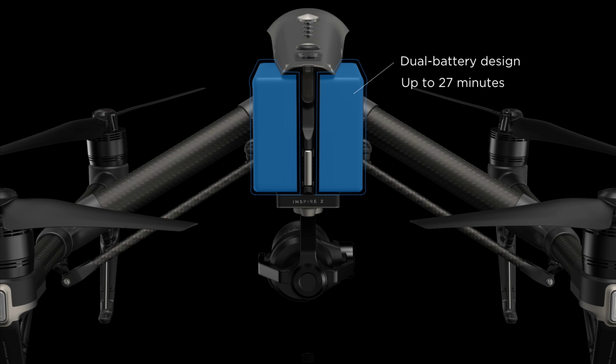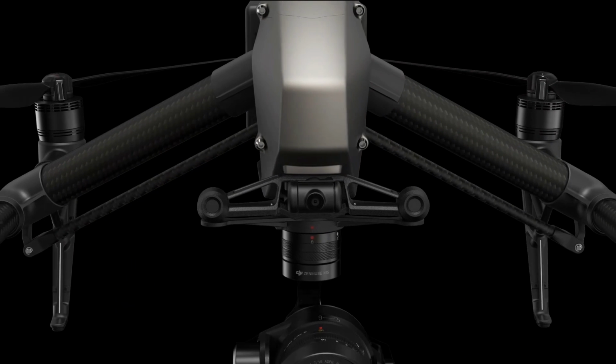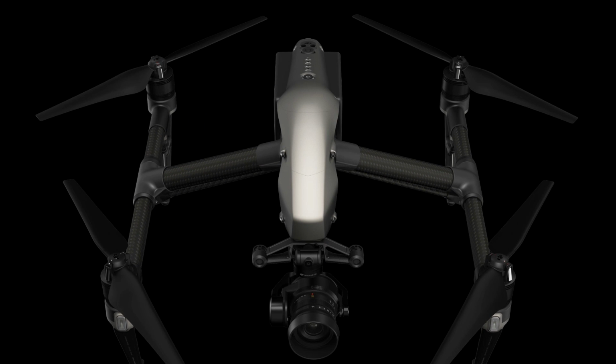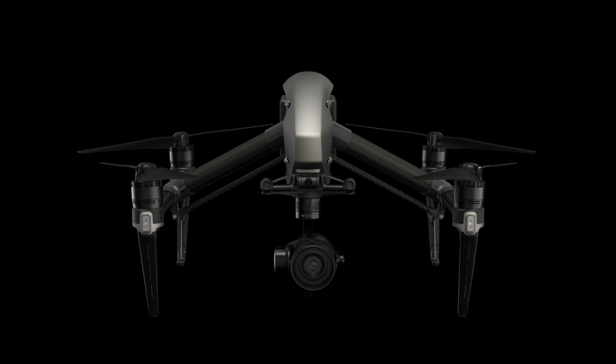saving precious time. With the Inspire 2, we're incorporating vision with 2 vision sensors in front and underneath for obstacle sensing. We've also added infrared sensors on top for overhead obstructions. This new addition that I think a lot of people will get very excited about is the all-new 2-axis stabilized first-person view camera. In dual operator mode,